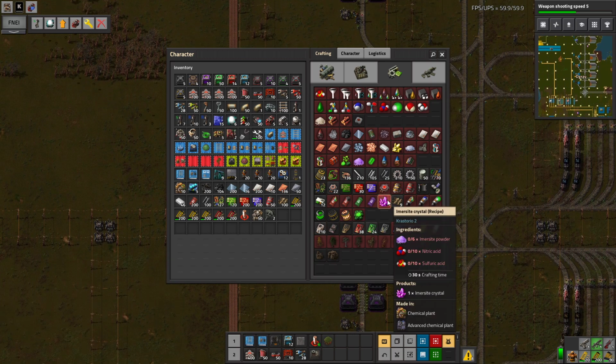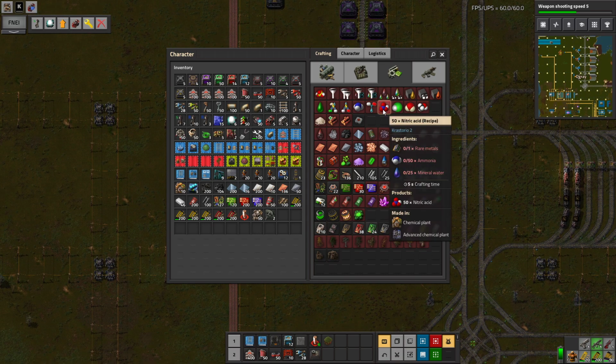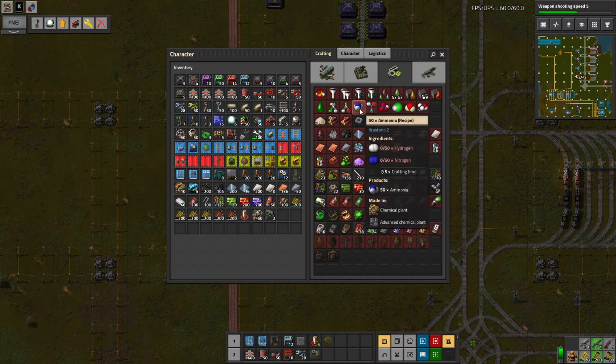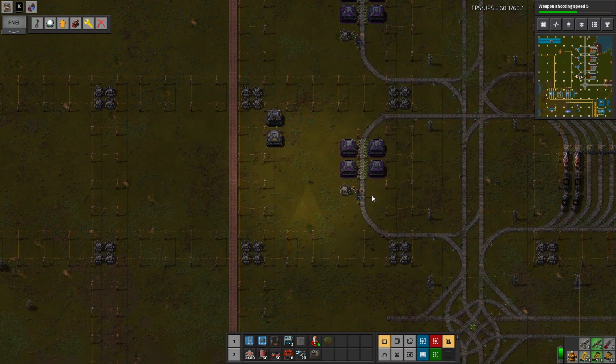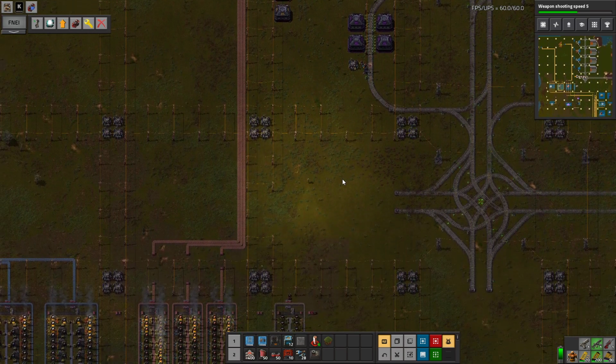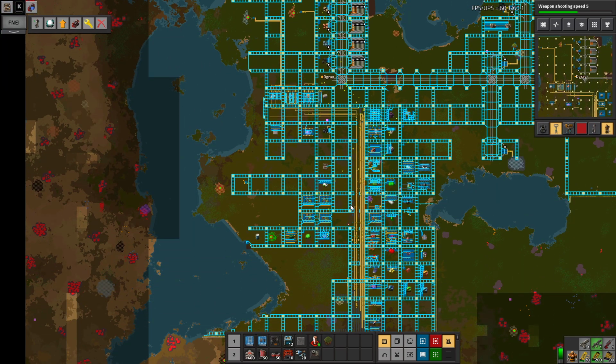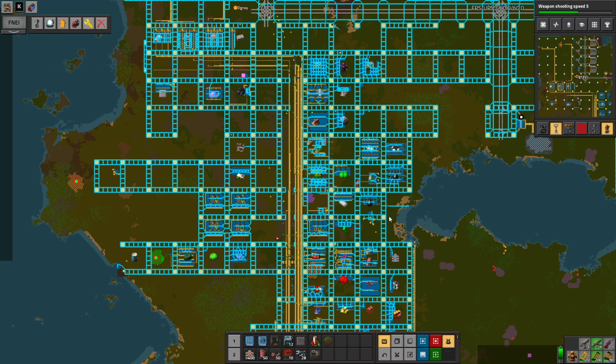So let's start out with making what's called nitric acid from ammonia and get all of these things done so we can get it built up. So while we run down to a place where we should set it up, maybe just doing it over here with some of our other fluid things,